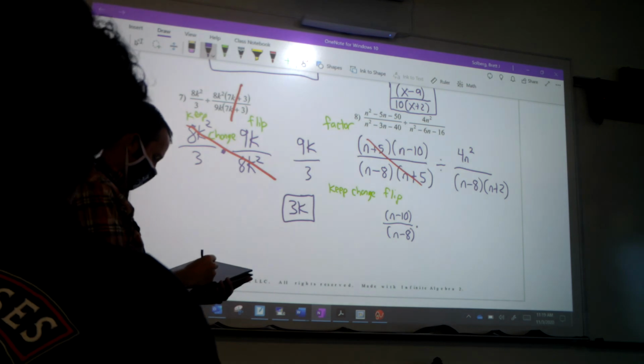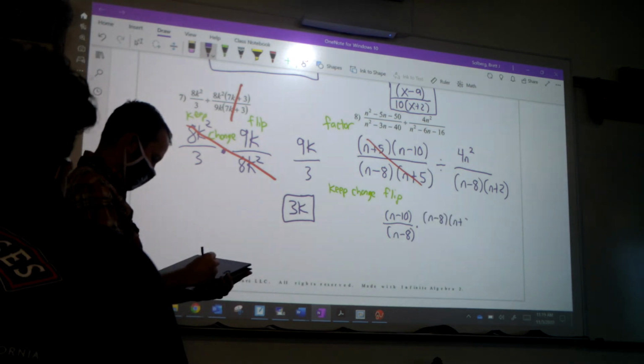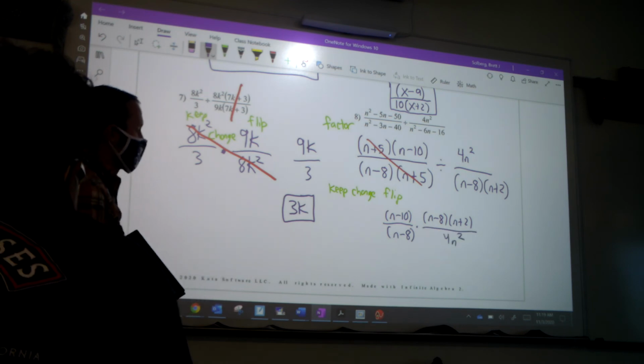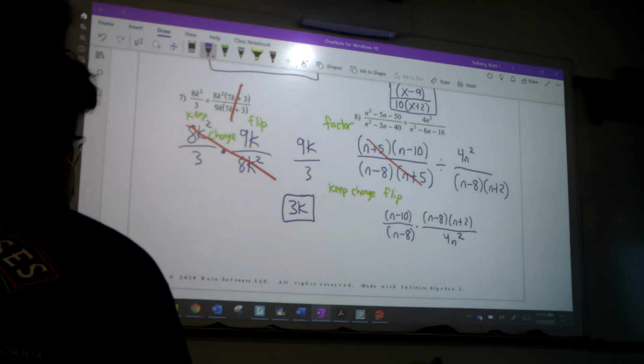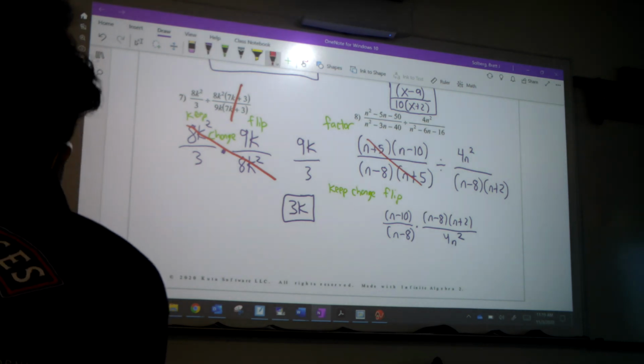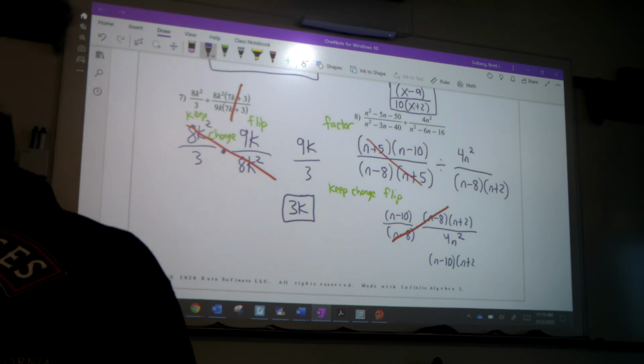So now I've got n minus 8 and n plus 2, and at the bottom we have 4n squared. That's how we keep, change, flip. So what can I cross out now? Then I'm left with n minus 10, n plus 2, and lastly